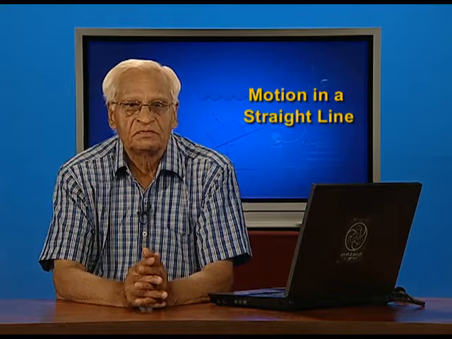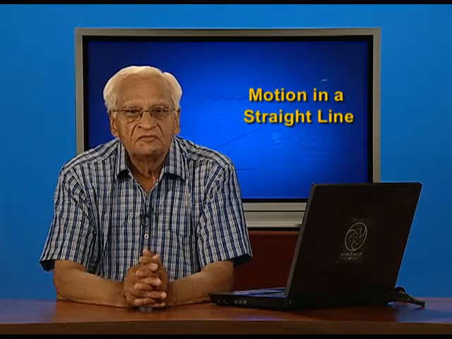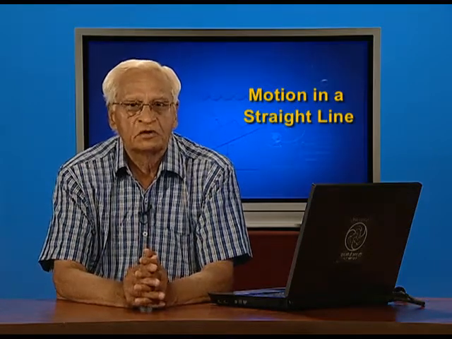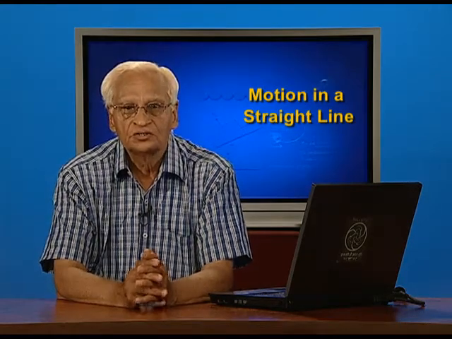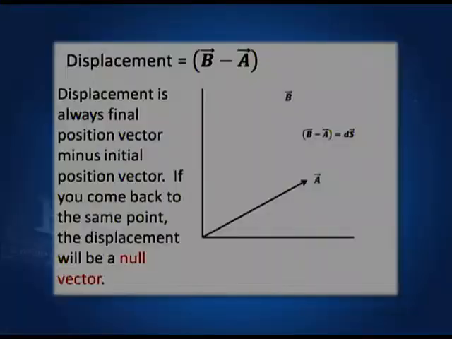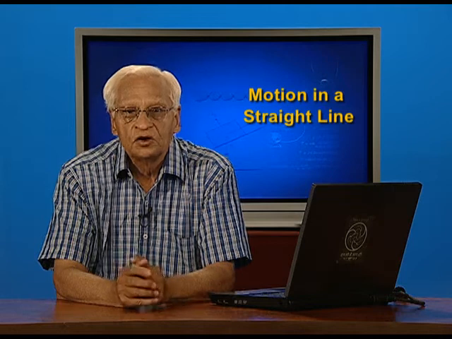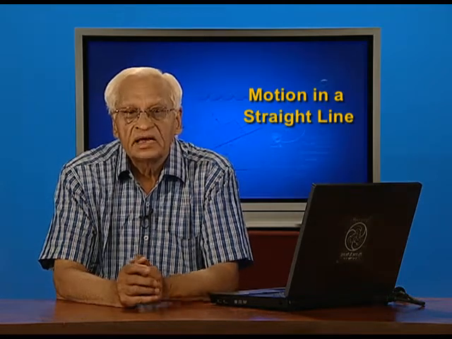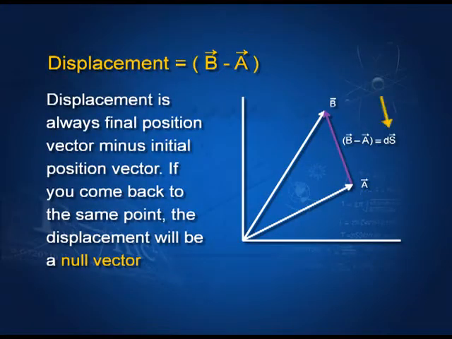So, we start with displacement. You know already the displacement is the difference between the final position vector of a body and the initial position vector of a body. I will show you here how we get the displacement. This is the initial position vector, this is the final position vector, and this is the displacement vector b minus vector a. We shall denote displacement by capital S with an arrow on it, whereas the distance covered we shall